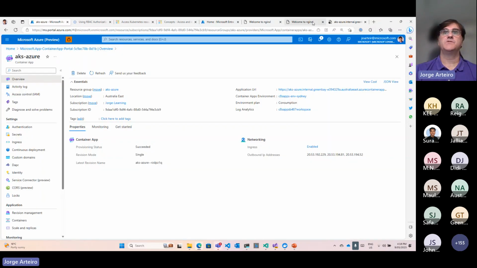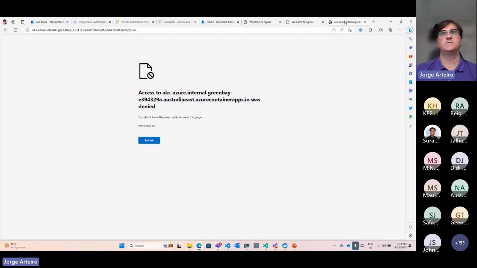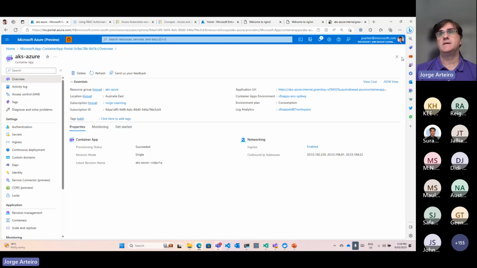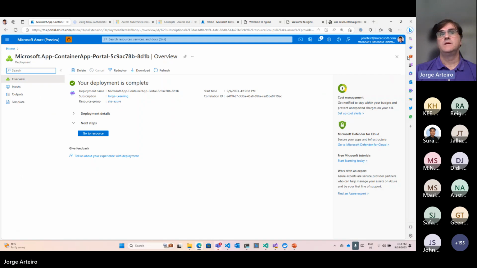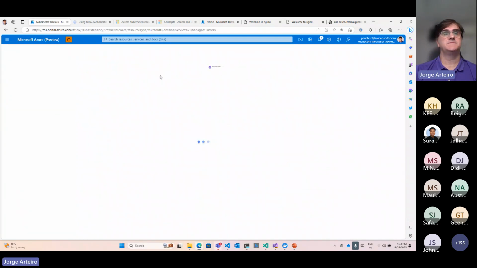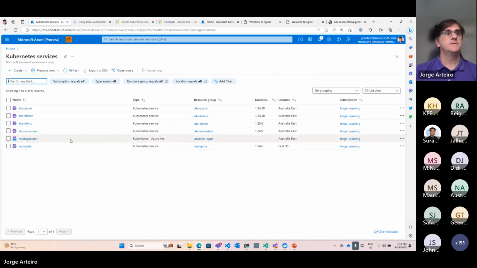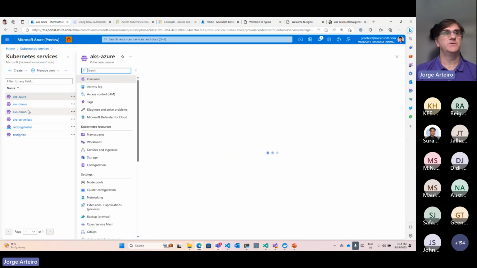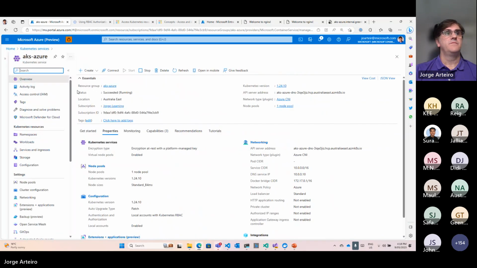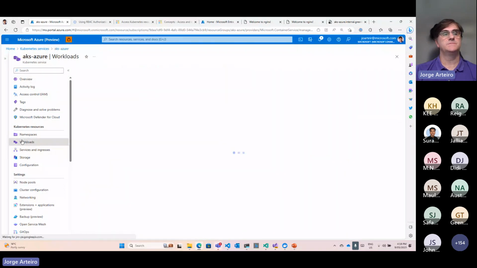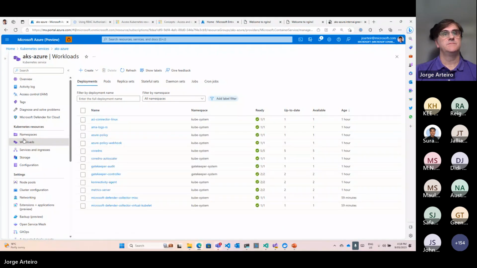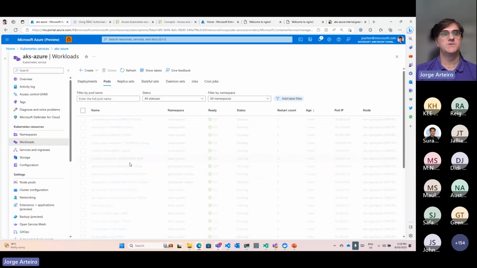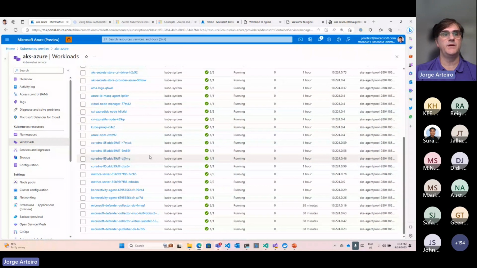Anyway, but like I was showing on this one here, is running there as well on container apps. And AKS is the same, but AKS, I create one cluster here to show you. Everything that you run there is called workloads. Okay? Your application is going to run on these pods. That's your application running. Like you can see multiple applications running here.